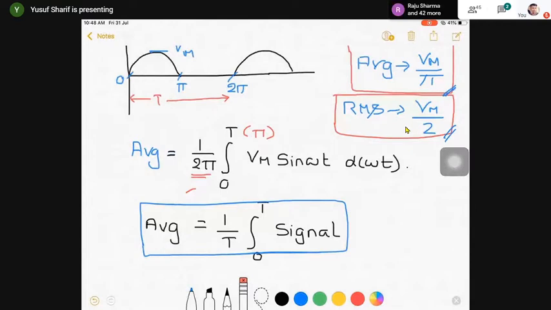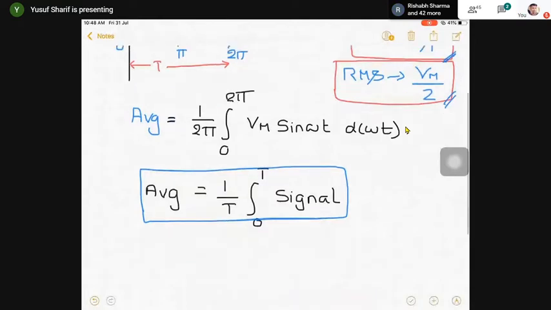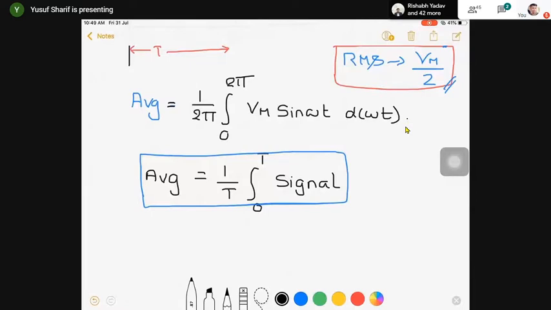Okay, fine. I'm just removing this part over here. Okay. And this is 0 to 2 pi. If you solve this, what is the result that you'll be getting? I'm not solving it. I want you to solve it, because this is basic integration and you can solve it. What is the result that you'll get? Anyone?